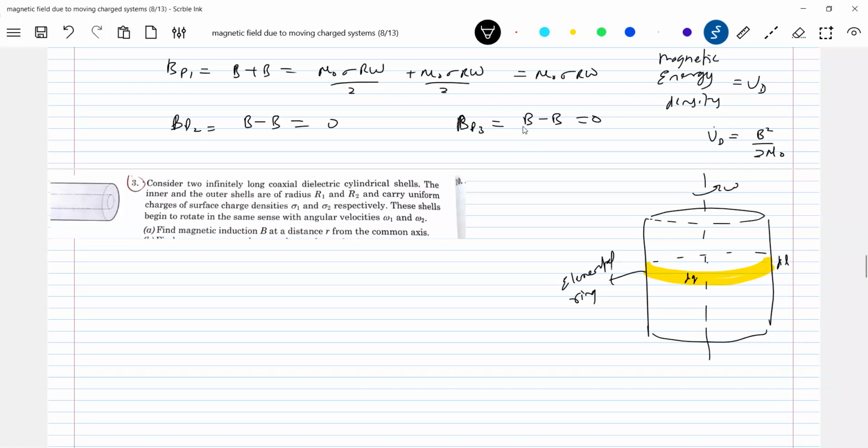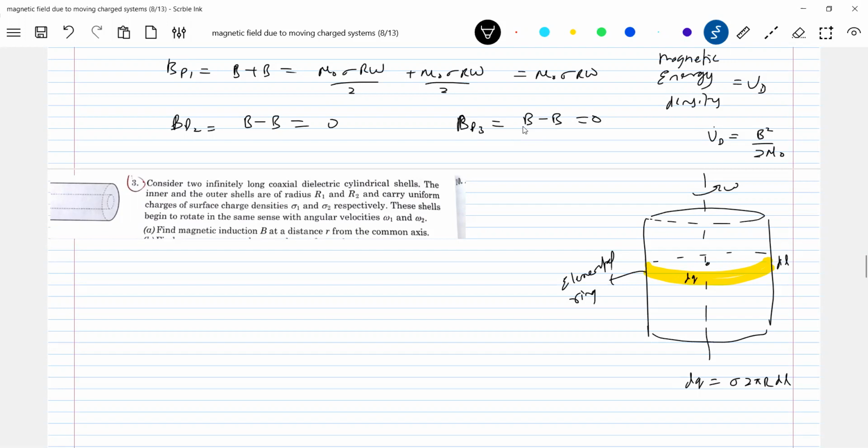What is dq? Dq, you should write it as sigma into 2 pi r into dl. Are you getting now? The things will be a little bit, you have to be careful here. Then work out the problem. First you calculate the B bar due to this ring, then due to the total. Okay, now